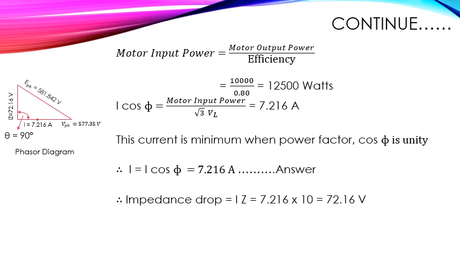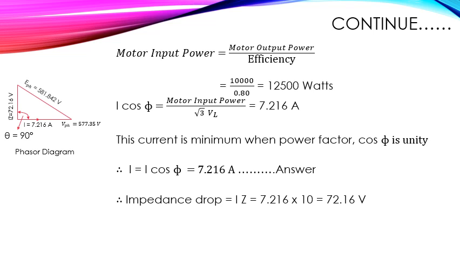The phase voltage is calculated by taking the ratio of VL to root 3, right? So the phase voltage is 577.35 volts. That is taken as a reference. Then show the impedance drop, that is IZ equal to 72.16 volts at 90 degrees to this. Why? Because the armature resistance is neglected here, right? That's why the impedance drop can be shown at 90 degrees to the voltage, and then the vector sum is